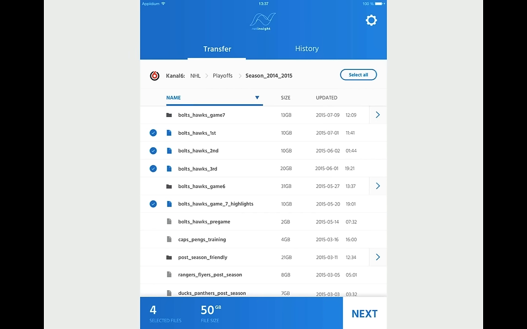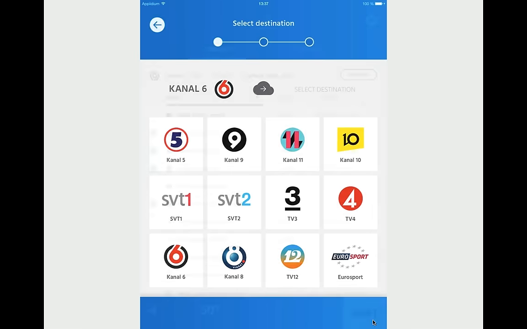So I get a file list, I can browse the directories, etc., just like I would on a normal computer or any other type of file transfer solution. So this is pretty basic. What I do here is I select the files I do want to transfer. I see some status in terms of selected files, file size, etc. Once I've identified the files I do want to transfer, I click the next button down here, and what that does then is it takes me to the next screen